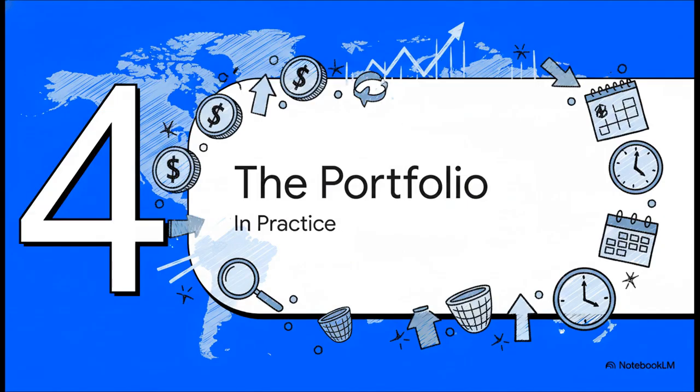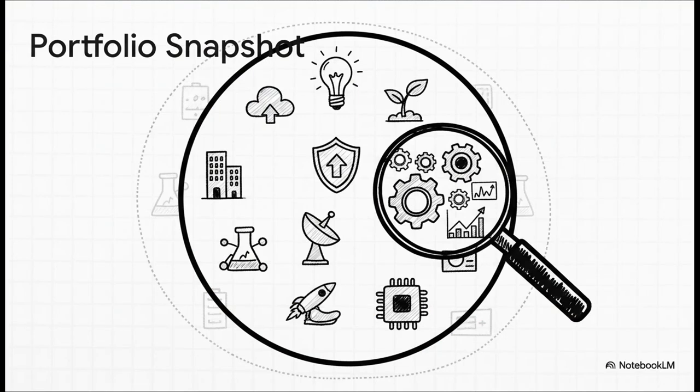Okay, so we've covered the theory. Filter for quality, wait for a big discount. But what does a portfolio built on such strict rules actually end up looking like? Let's take a peek. What you get from all that discipline is a portfolio that's very focused, what you might call concentrated. They're only aiming to hold between 30 and 50 stocks, and right now, they only own 19. This means they can know each company inside and out, but it also means that the performance of each one of those companies has a much bigger impact on the whole fund.